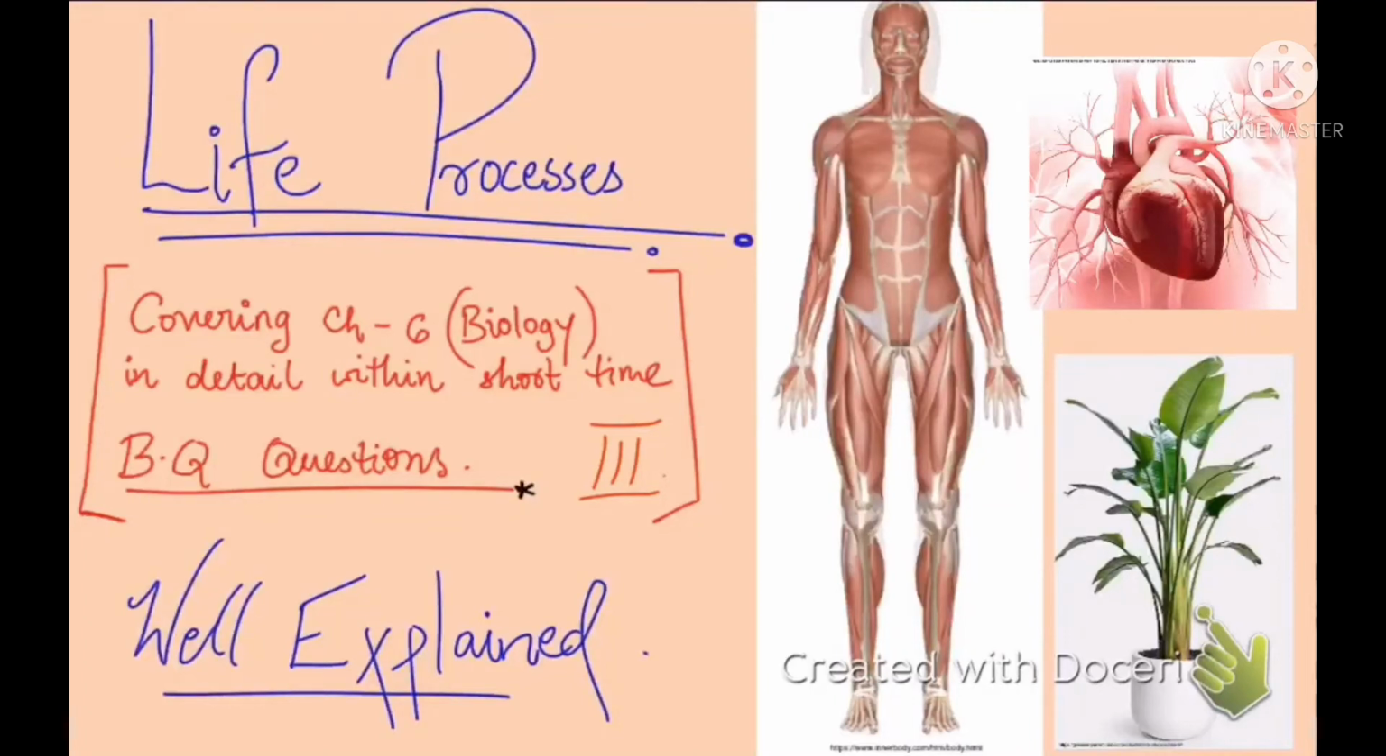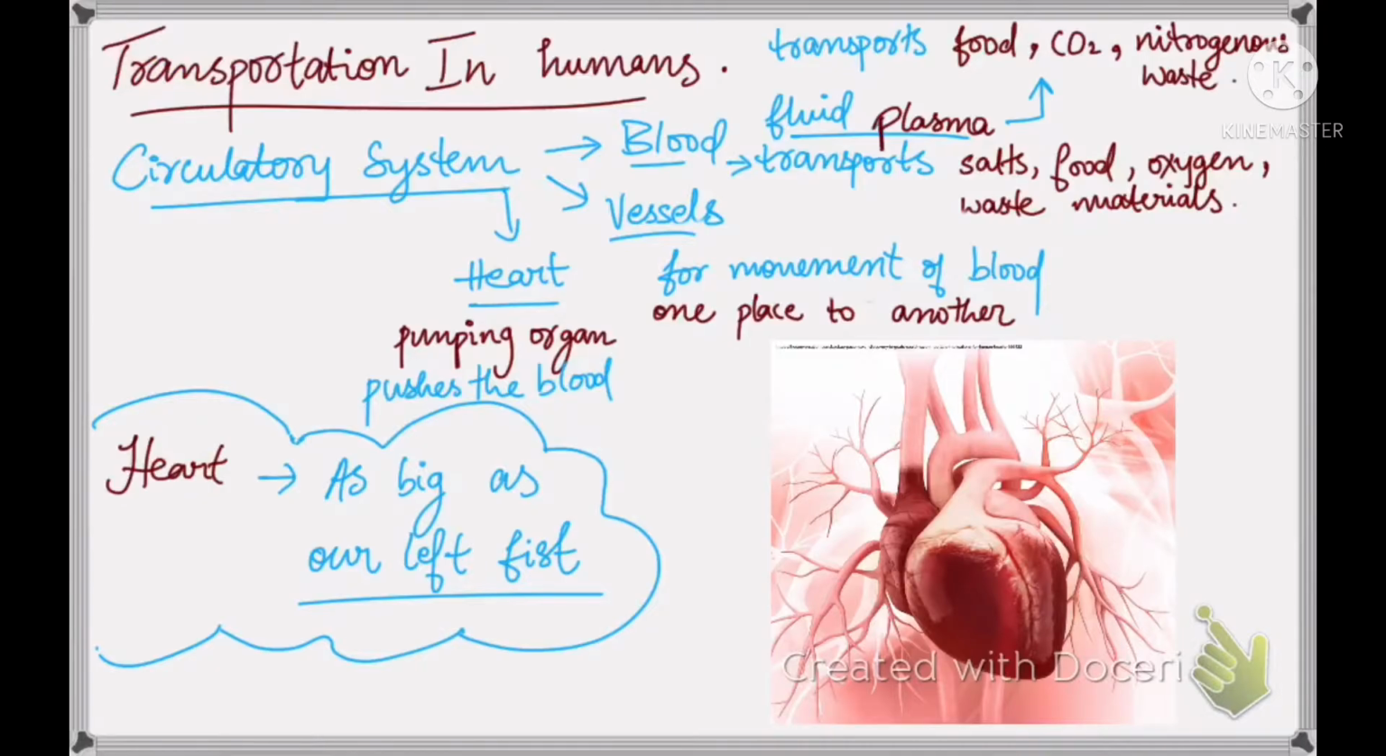Hello everyone, and today we'll be starting with the third part of our chapter 6, Life Processes, of Biology of class 10, which is transportation. Transportation, by the name itself, is very clear about what this process involves. It involves the transfer of different materials in our body, like food, oxygen, water, etc. So without any delay, we are quickly starting with transportation in humans first, and later we'll learn about